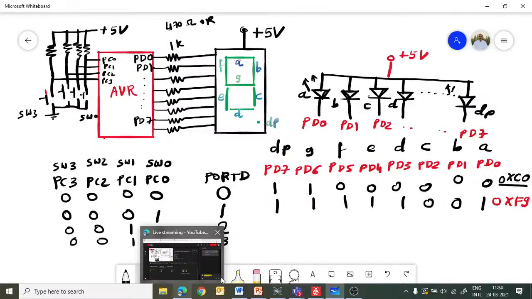If you press the switch, ground will be extended to that port pin. So consider that initially all the switches are on, then you will get 0, 0, 0, 0 combination. You have to display 0 there. So whenever all the switches are on, you have to transfer code C0 to the 7 segment display.